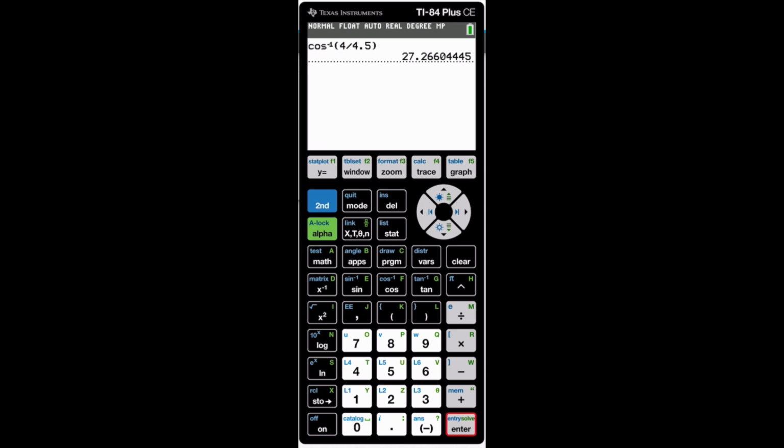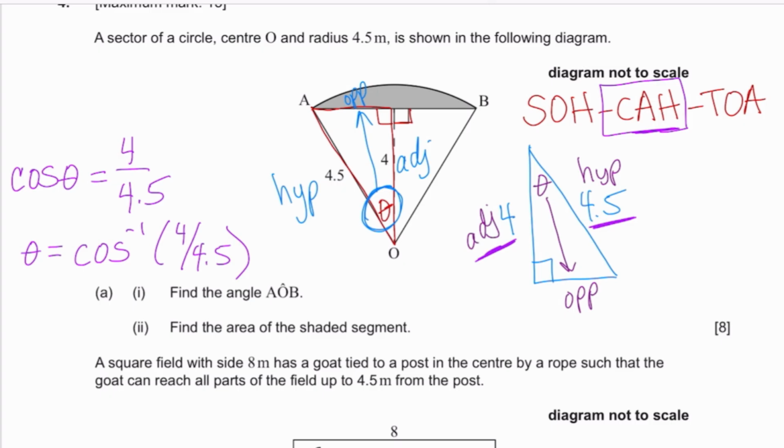So when you write down your answer, you want to make sure that you write down at least 3 or 4 decimal places, and then round to 3 significant figures. So this means that theta, or the angle, is going to be 27.266... But remember that that is only going to give me half of the entire angle that I want. I want the entire thing, so I'm going to have to multiply that by 2. So I'm going to show how I'm going to multiply 27.266... times 2, and that is going to give me the measurement of angle AOB, which is exactly what